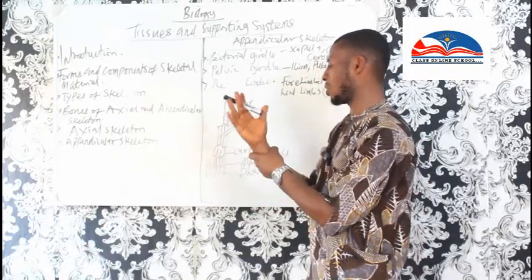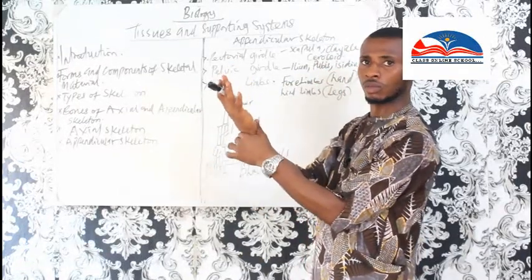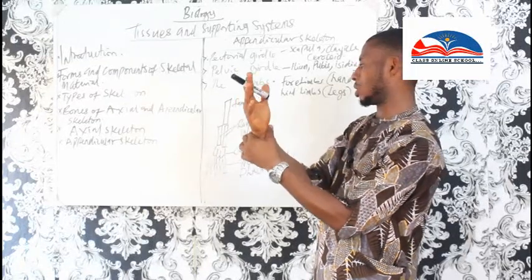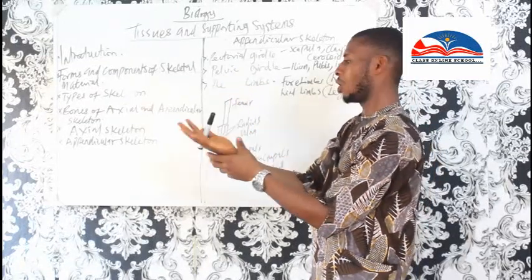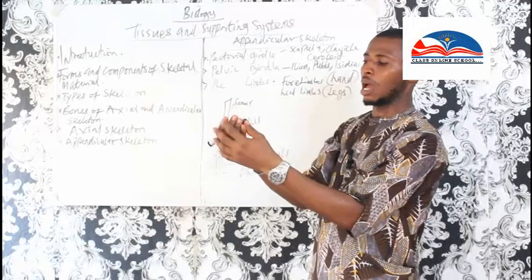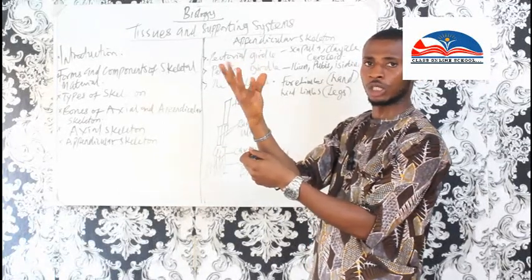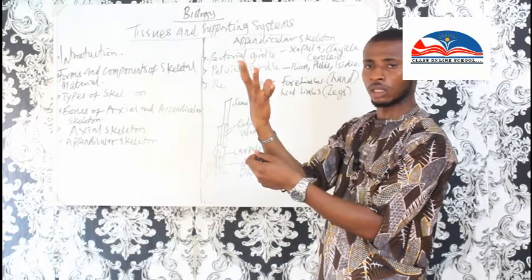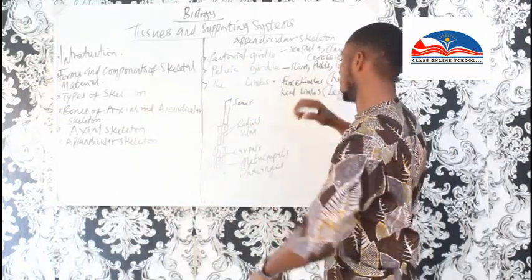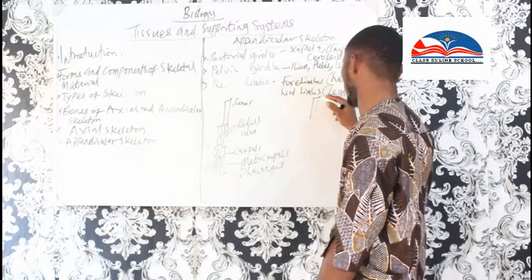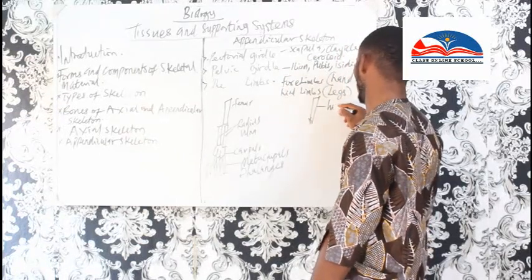Alright, we have the carpals here. That's the bone here. Now, we have the metacarpals here. And we have the phalanges. Some call it digits. Some call it phalanges. Alright. The leg has humerus,